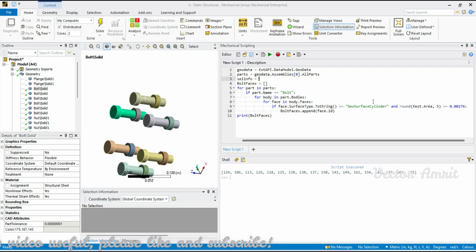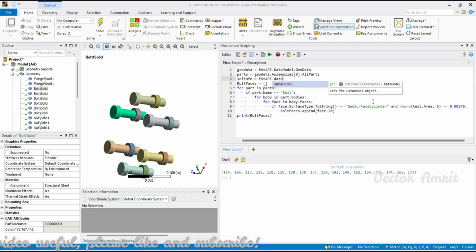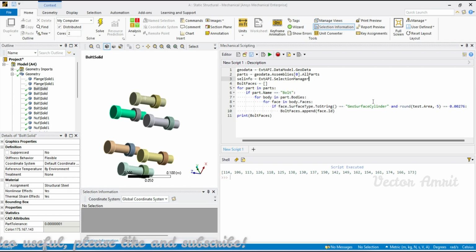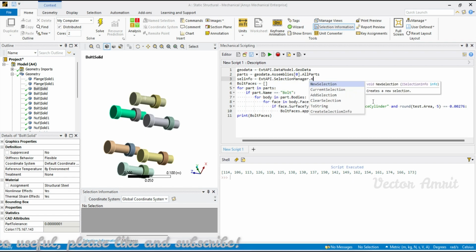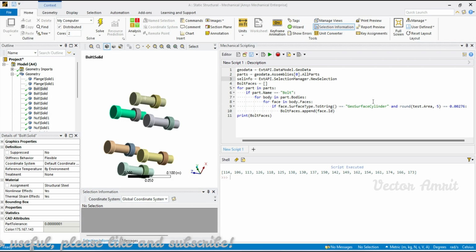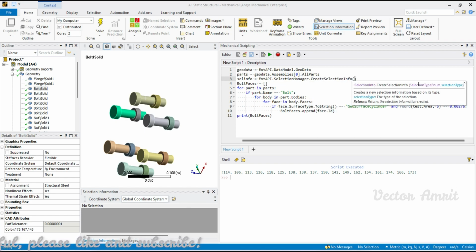So selection info is equal to ext api dot selection manager dot create selection info, and then from here selection type is